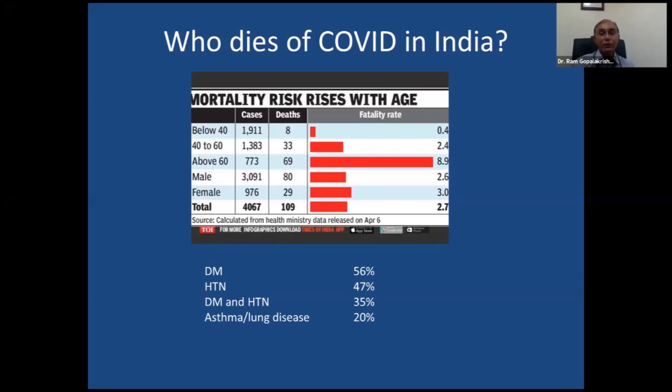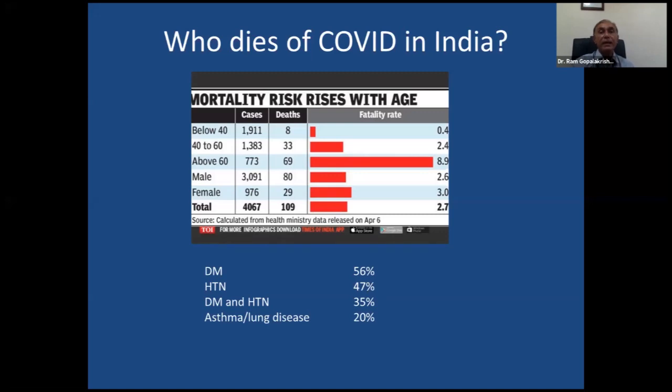So as far as India goes, these are the health ministry data, which suggests that in India, if you're above 60, you have a mortality rate of about 9%. Younger than 60, you generally tend to do well. The comorbidities are listed there as well. Diabetes, hypertension, or a combination of these, but the most important comorbidities, asthma, lung disease in a significant minority. So if your patient is in any of these categories or above age 60, you have to be correspondingly aggressive